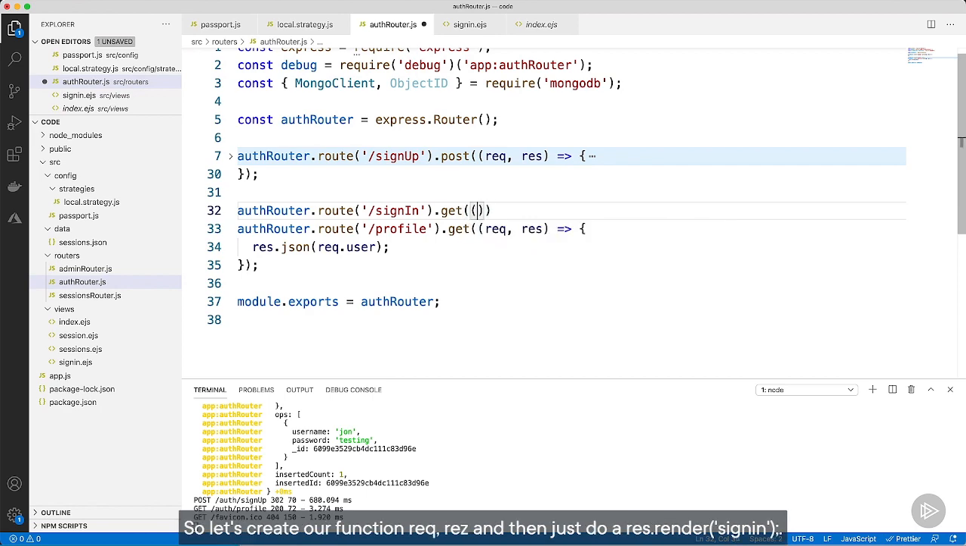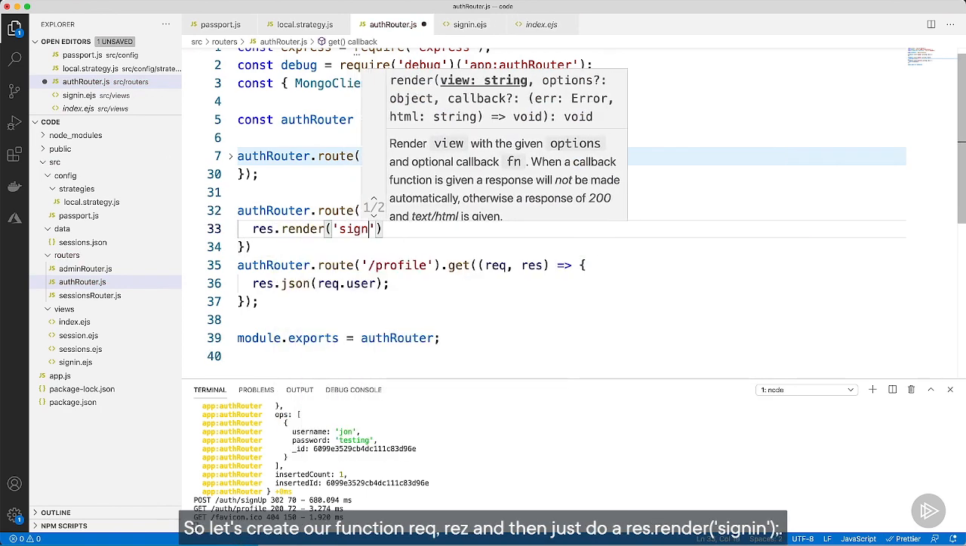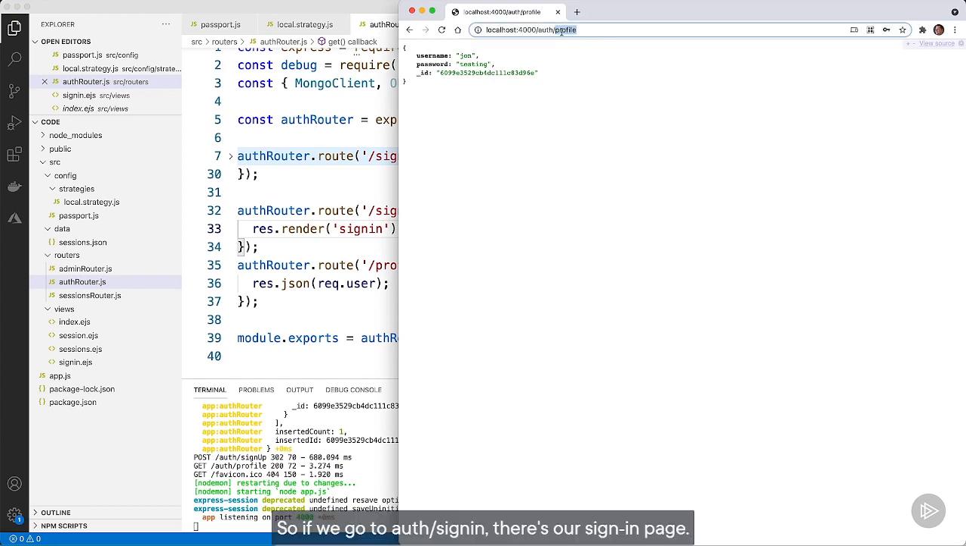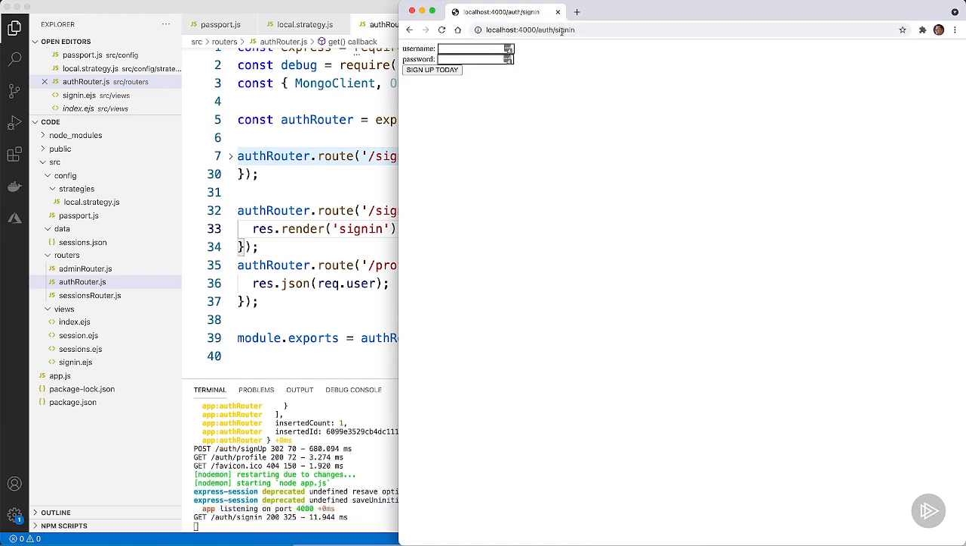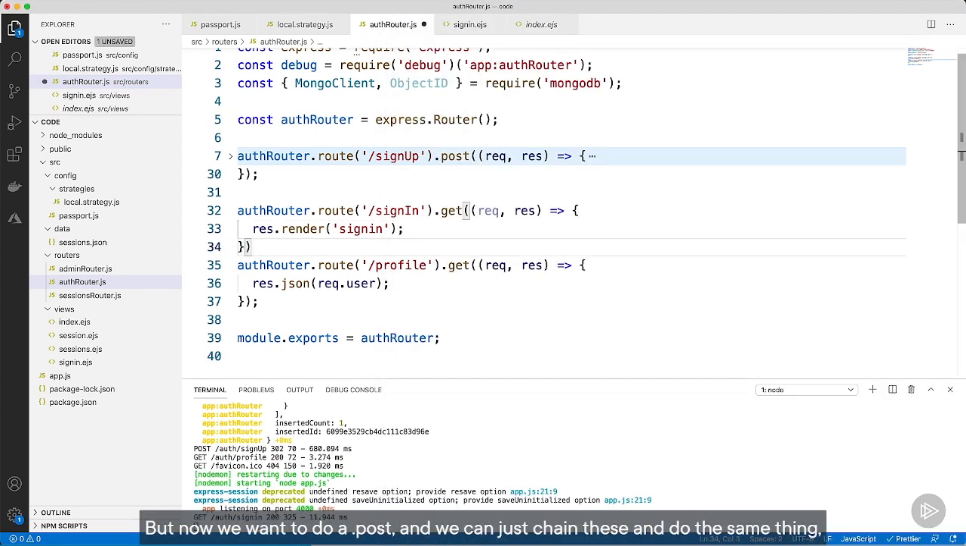So let's create our function req, res, and then just do a res.render sign in. We'll save that. That should take us to the sign in page. So if we go to auth sign in, there's our sign in page. That's working. Excellent. But now we want to do a .post, and we can just chain these and do